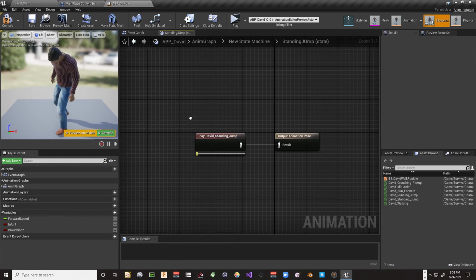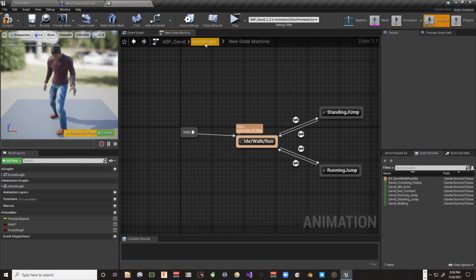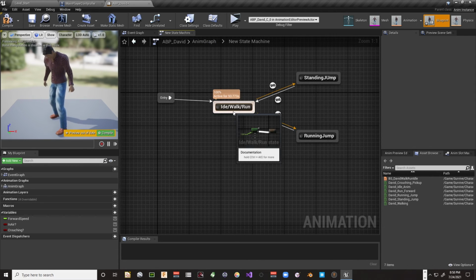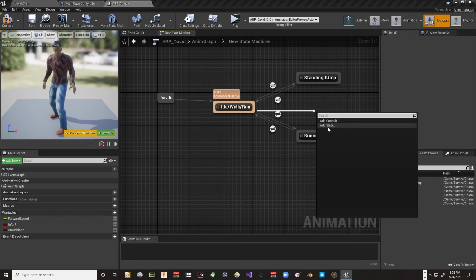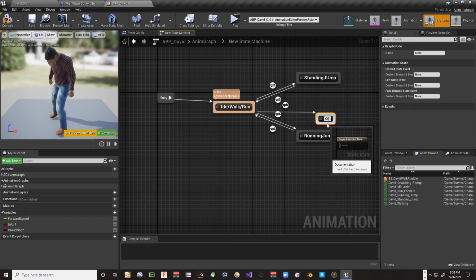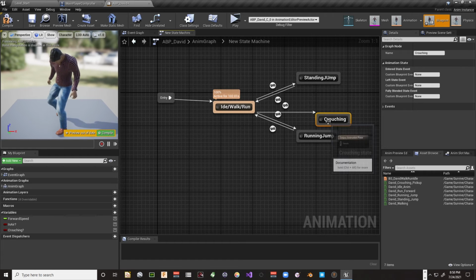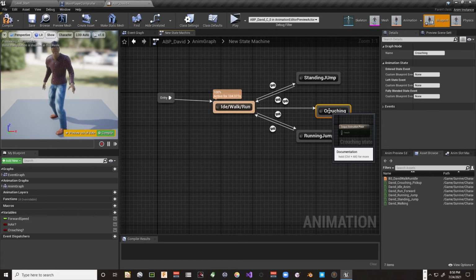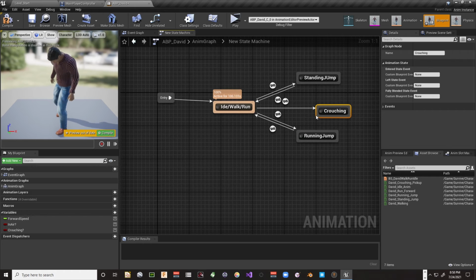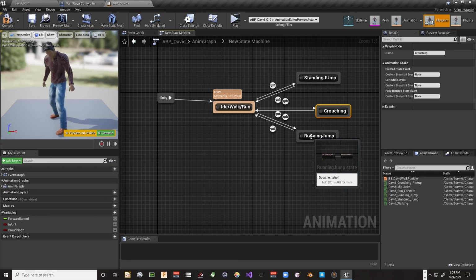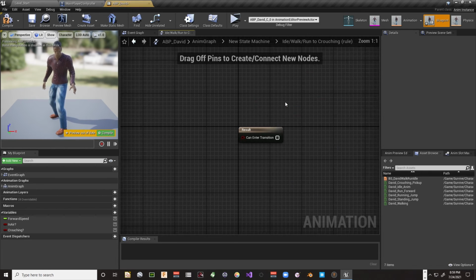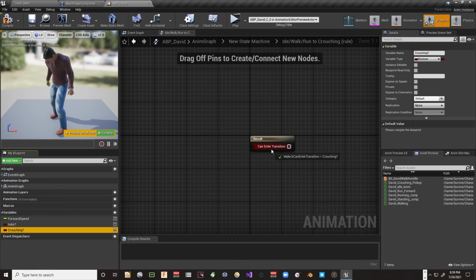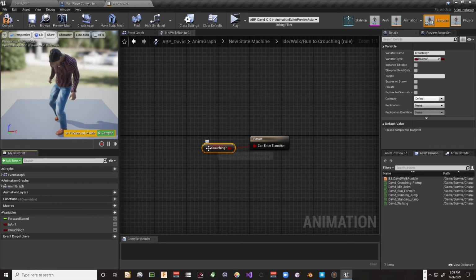And then in here, we'll go back to our state machine. Here's our idle, walk, run. We'll have another state coming off of here. Add a state. We'll call it crouching. The entry and then the return. So let's move these apart a little bit so we can see. And to enter it here, crouching will have to be true, but also